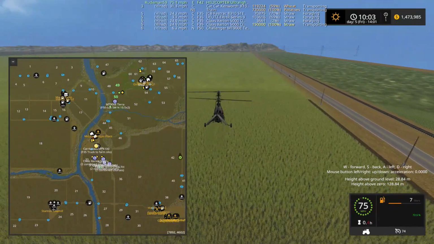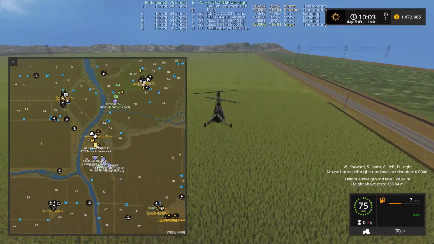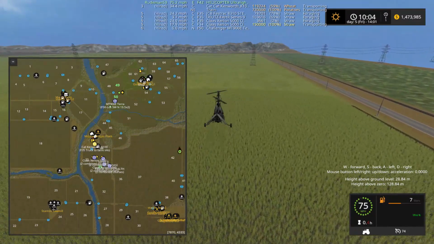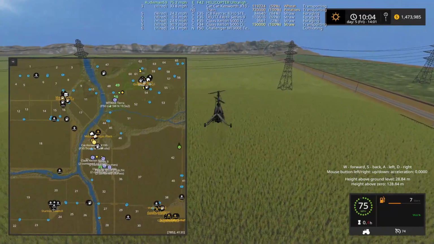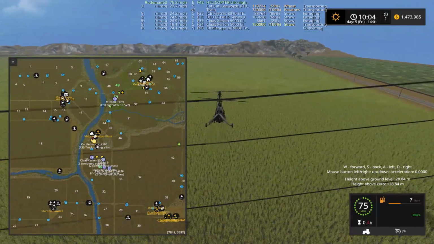There's not a lot of production on this map. And I don't know if that's a good thing or a bad thing. You've got the oil production, and you've got biogas. Other than that, there's not a lot of production. I think we've got,